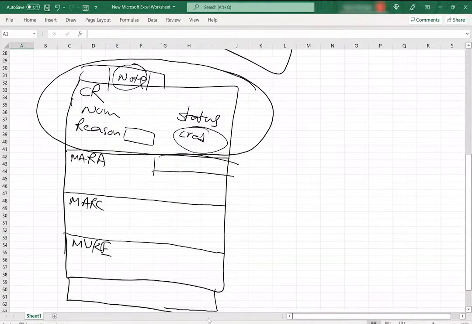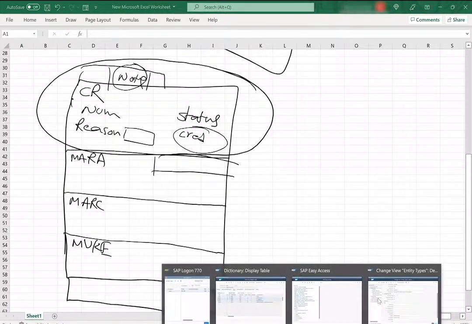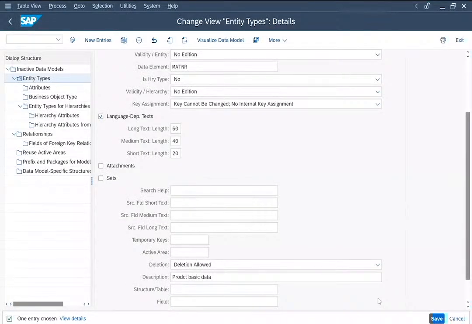So if you wanted to have that kind of attachments, when you are attaching the documents, in the backend you need a staging table to store that information. Similarly to language dependent descriptions, which we store in a staging table, your attachment related information also we need to store. So when you select this checkbox, I wanted to have an attachment functionality for my master data, so that I can review these attachments. You need to select this particular checkbox. When you select this checkbox and click on save again,